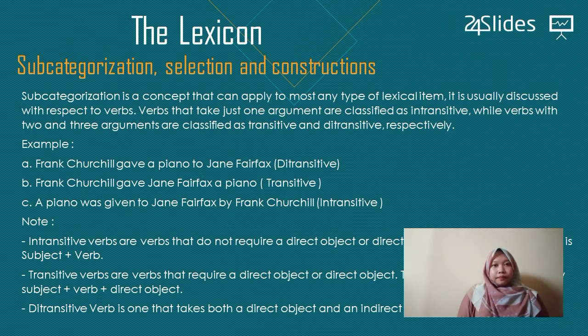The notes. Intransitive verbs are verbs that do not require a direct object. The sentence pattern is subject and verb. And next, transitive verbs are verbs that require a direct object. The sentence pattern is usually subject, verb and direct object. And the last, the ditransitive verb is one that takes both a direct object and